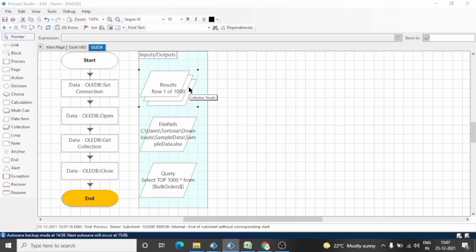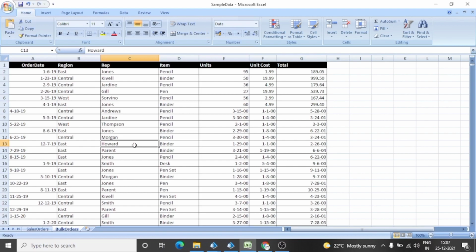And there is another method to read the data. For example, if this sheet contains many rows, but you need only the rows which contain pencil in the item column, we can do that as well.